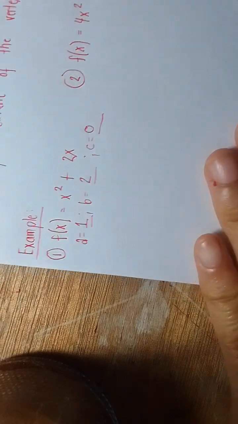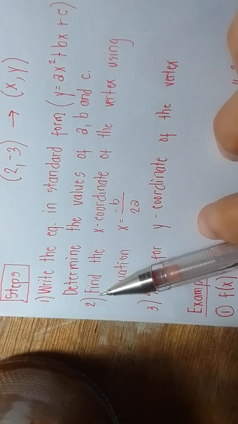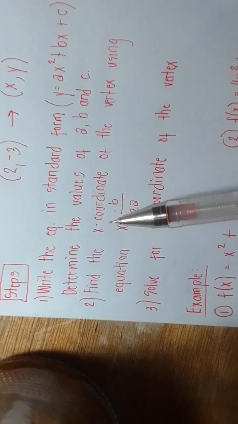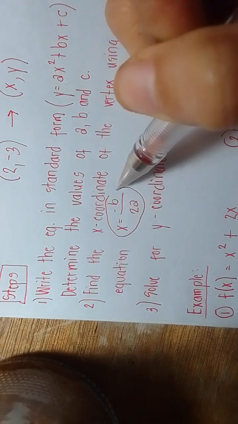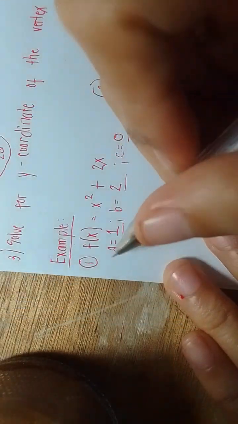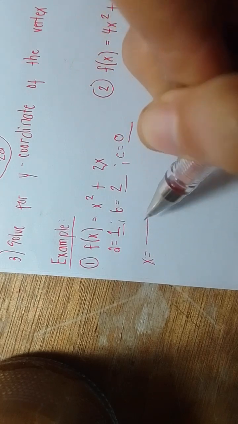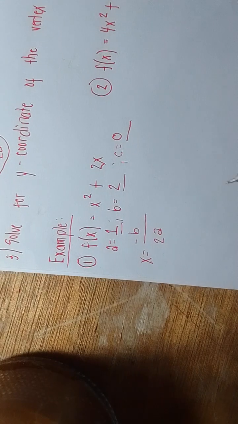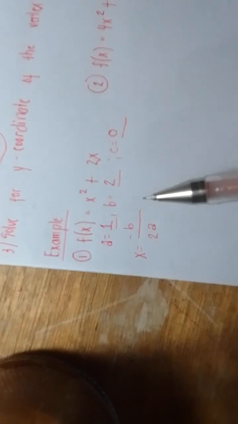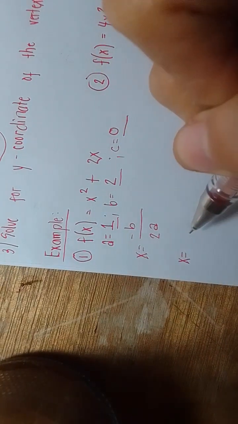Now that we have determined the values of A, B, and C, proceed to the second step, which is we have to find the x-coordinate using this formula. So, we will copy the formula or the equation. X is equal to negative b over 2a. Now, we will substitute the values that we determined from the given equation. So, x is equal to